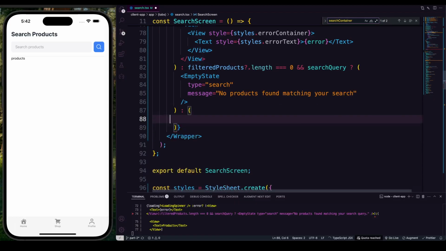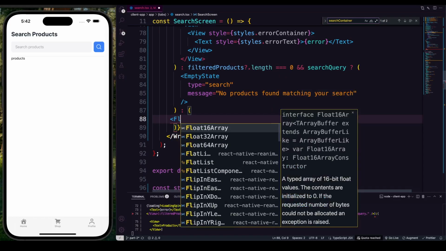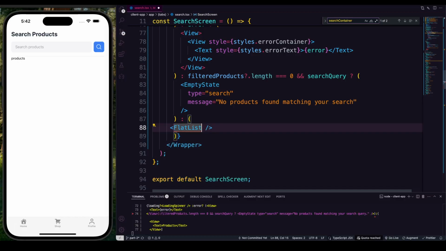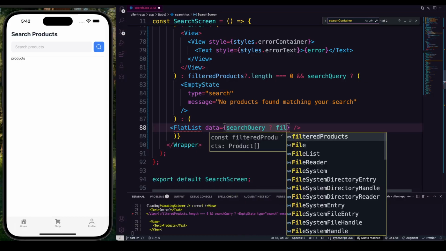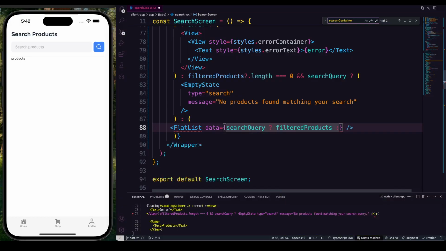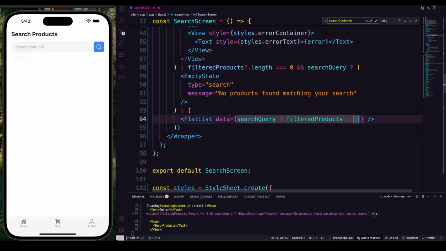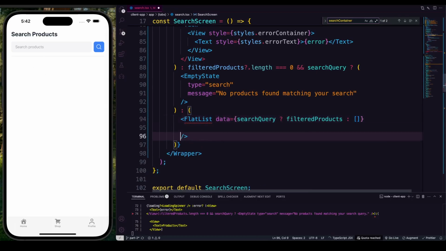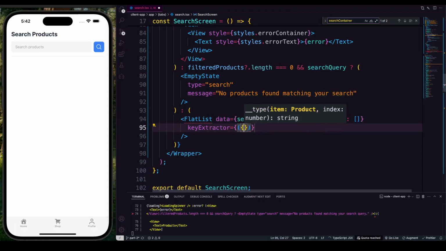So now this is the view where the magic is going to happen. If we go to the flat list property, on the flat list we need to make the data. So data could be either in a search query data layer: if the search query is there, then it will be coming as filter products, and if no search query is there, an empty array. So if you're having a search query, then only the product is going to show, otherwise it will show nothing. And then it's coming as a key structure, and everything is going to be rendered as an item,